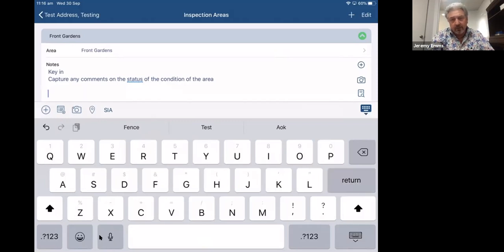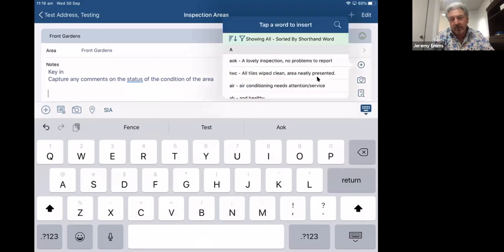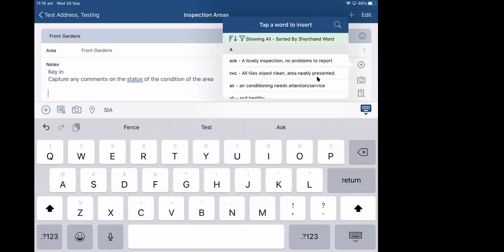The other thing that you can do with Pim is you can use the shorthand words and phrases. The shorthand words and phrases are commonly used phrases that are accessible by pressing the little circle with crosses in, here or here, and it will provide you with a list of available terms to drop in. Now, the ones that are in Pim are really places. You may find that you want to change some of those. I'll show you how to do that in a second.